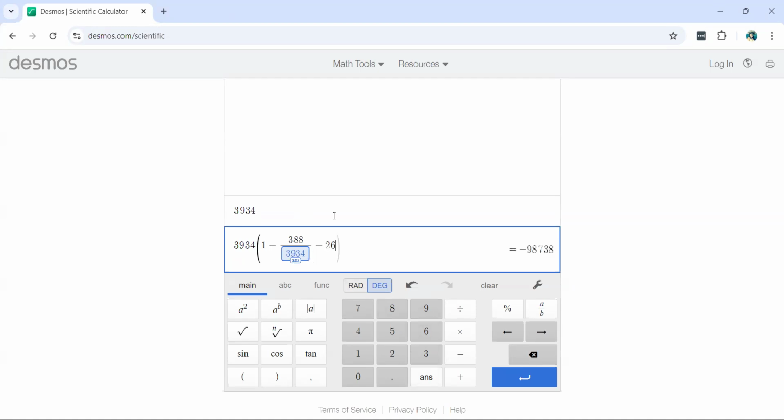The minus 26 divided by answer squared. So what it does is it takes the last answer, which is 3934, and puts it in the blank in this box right here. And as we click enter,